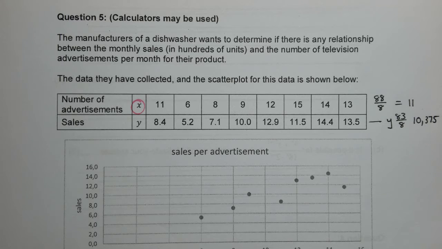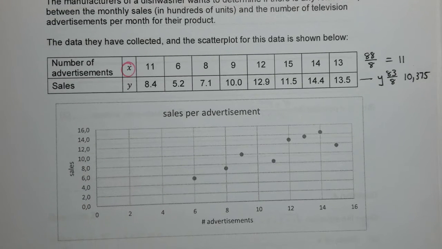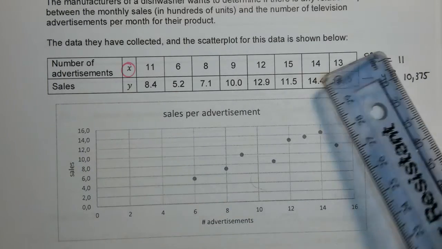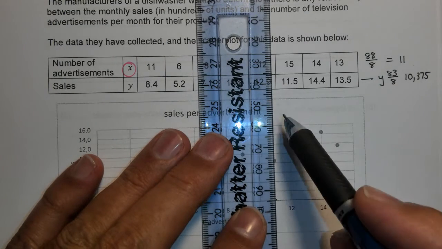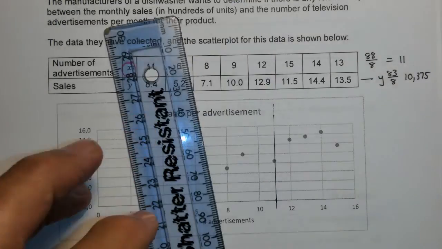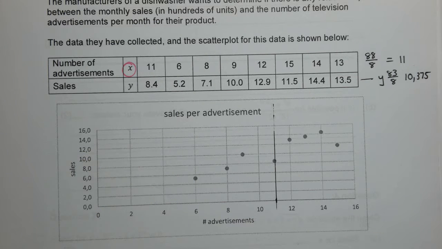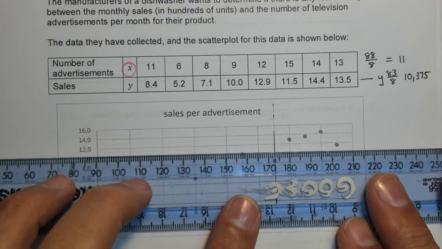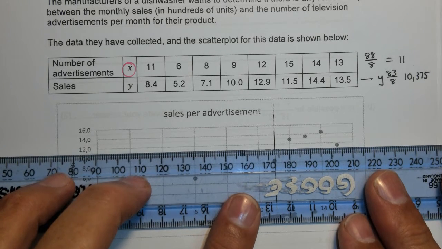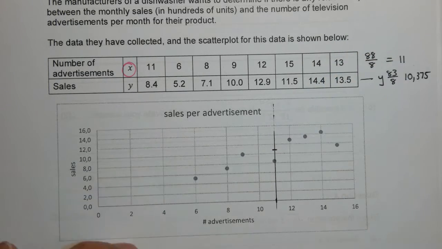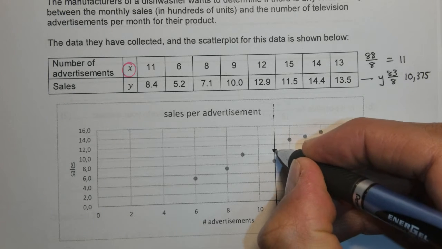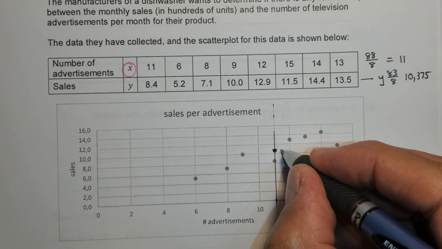Okay, now I'm going to draw this on my set of axes. I need to indicate my point of means. So my x value is 11. 11 lies more or less here in the middle. I'm just going to put a black line up there. There's my 11 line. My y value is 10,375. So there's 10, there's 11 up there. So 10,375 is more or less over there, a little bit lower. So I'm going to draw it there, and I'm going to say that is my point,